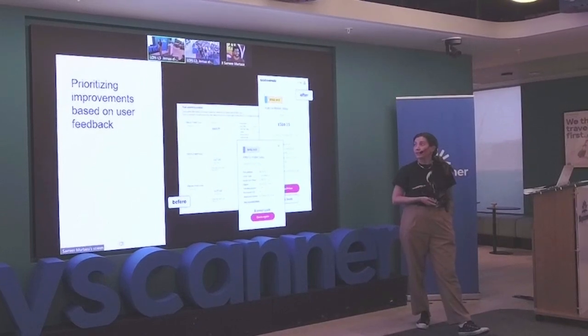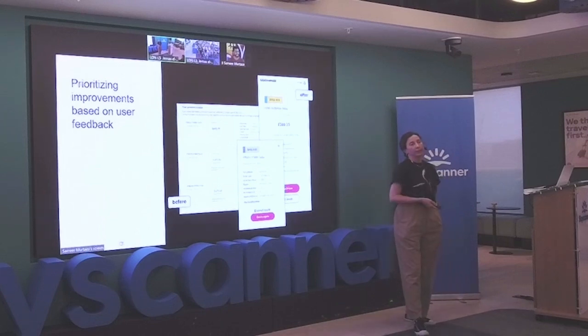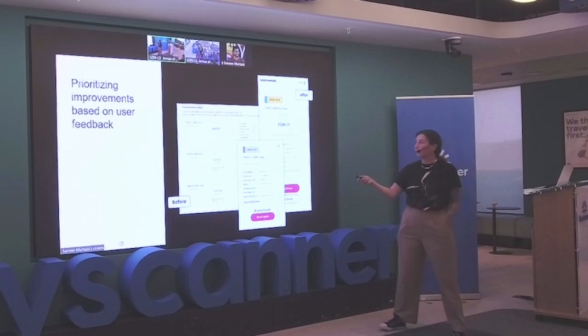I've mentioned how easy it is to prioritize solutions sometimes when you have compliance on board. And it's great when we have consistent user feedback about a certain feature. Compliance really gets behind that, and we're able to prioritize that. And you all know that it's very difficult sometimes to prioritize user feedback, as much as designers scream, this needs fixing. And the things that we fix are not fundamentally wow, amazing stuff. Like what we did here,